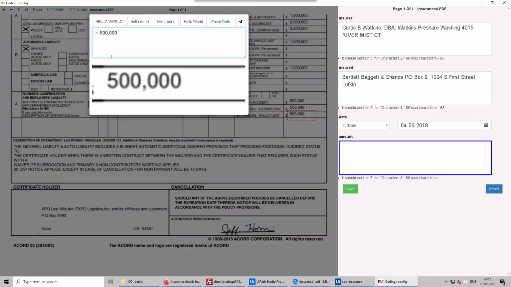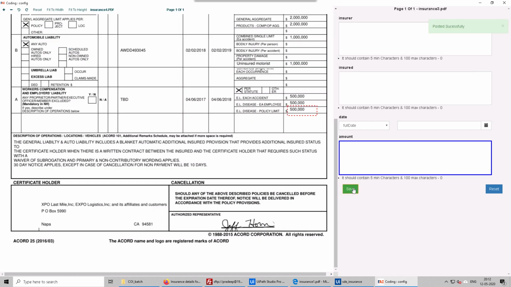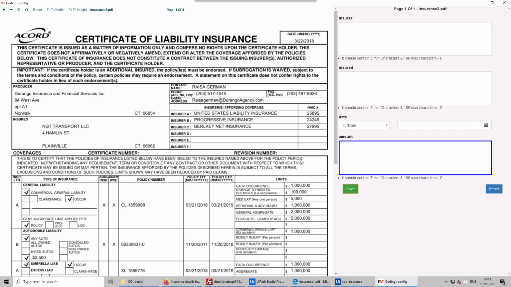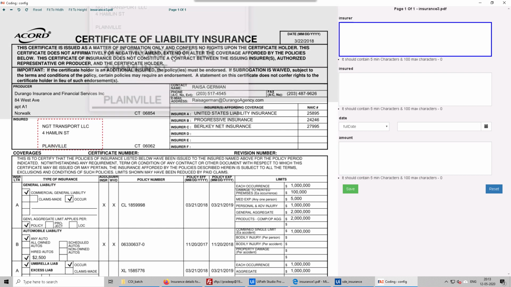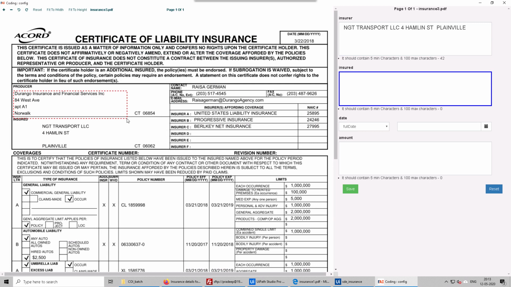You can correct it if the OCR is not giving the correct results, and then just save it. Then you go to the next page. Then let's do it again. Let's do it quickly this time.